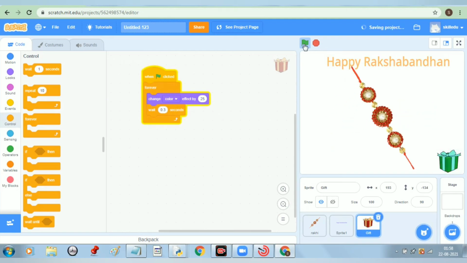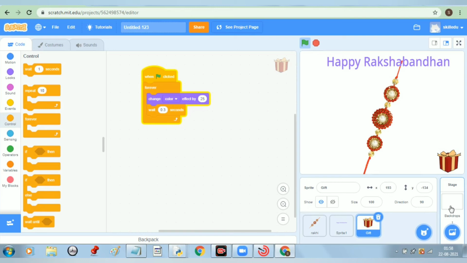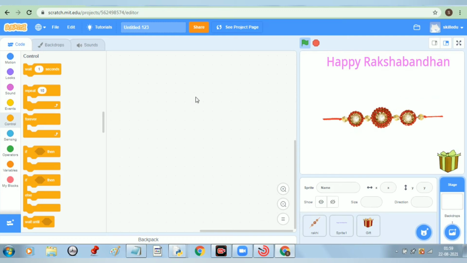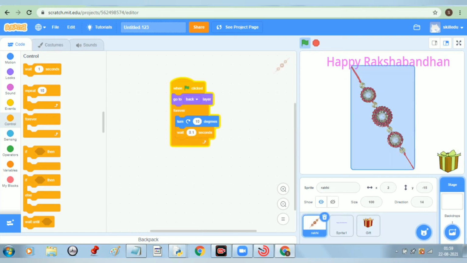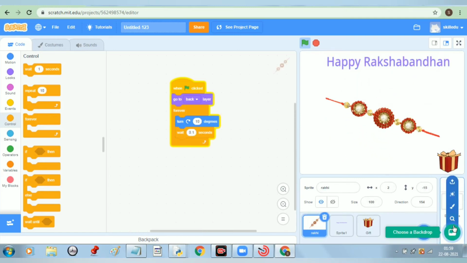Now when we click the green flag, the Rakhi is moving, as we have given the animation to the Rakhi, the text is changing its color effect and the gift is changing the color effect. Now if you want to give a background to your project, you can click this backdrop over here, or you can directly go from here, choose a backdrop.